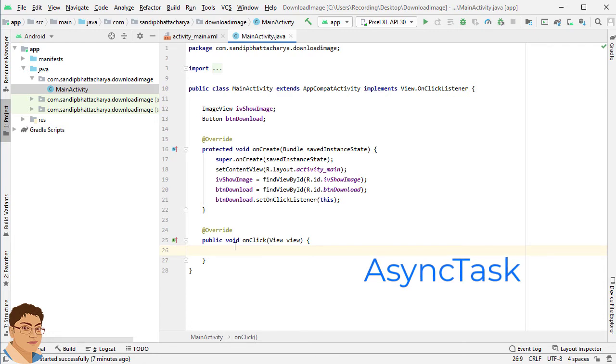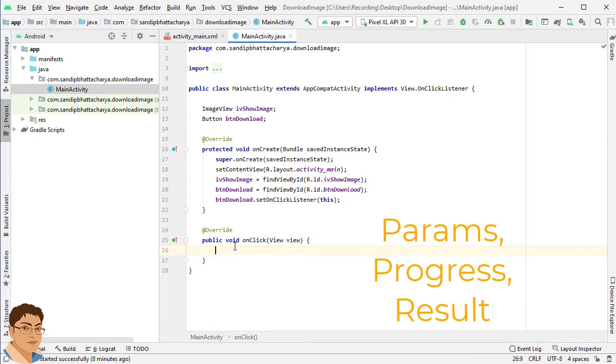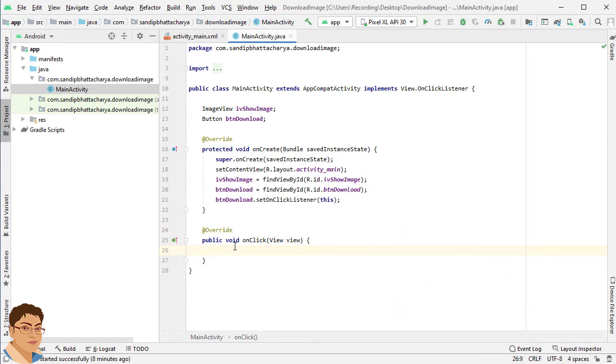The AsyncTask class allows you to run statements in the background and to synchronize again with your main thread. It can also report progress of the running task to main thread. AsyncTasks can be used for short background operations like downloading an image from the internet, then updating the image view. To be able to use AsyncTasks, you must subclass it. The parameters are params, progress, and result. And AsyncTask is started via the execute method. This execute method calls the doInBackground and the onPostExecute method.